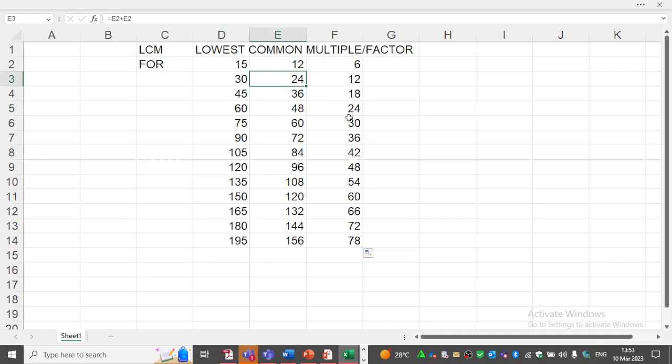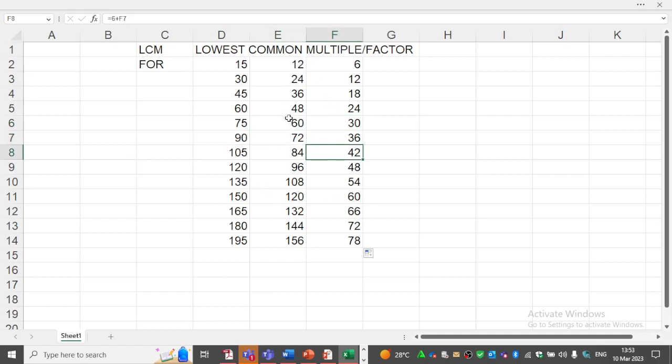Okay, now we've got 24 for 2 and 6. But for 6 and 2, the lowest common multiple will actually be 12, because we've got 12 already here and we've got 6 here. And then again, we've got another second one, which is 24. So the lowest common multiple that we can use for 12 and 6 is 24, which is not 12. So we move forward since we're also looking for one that 15 can go into. So I've got 75, 60, and 30. Already now here I've got 15 and 12, which can go into 30. So we can continue to move forward until one number repeats